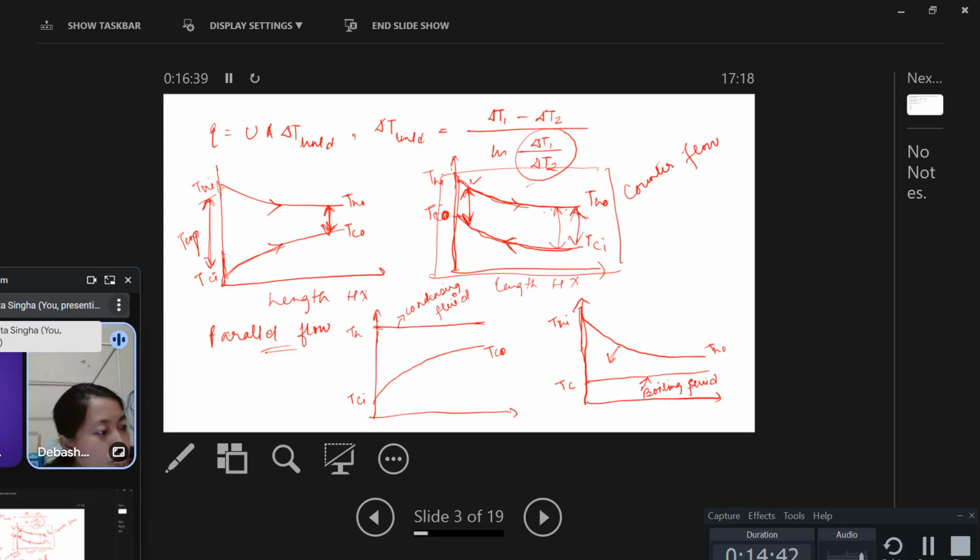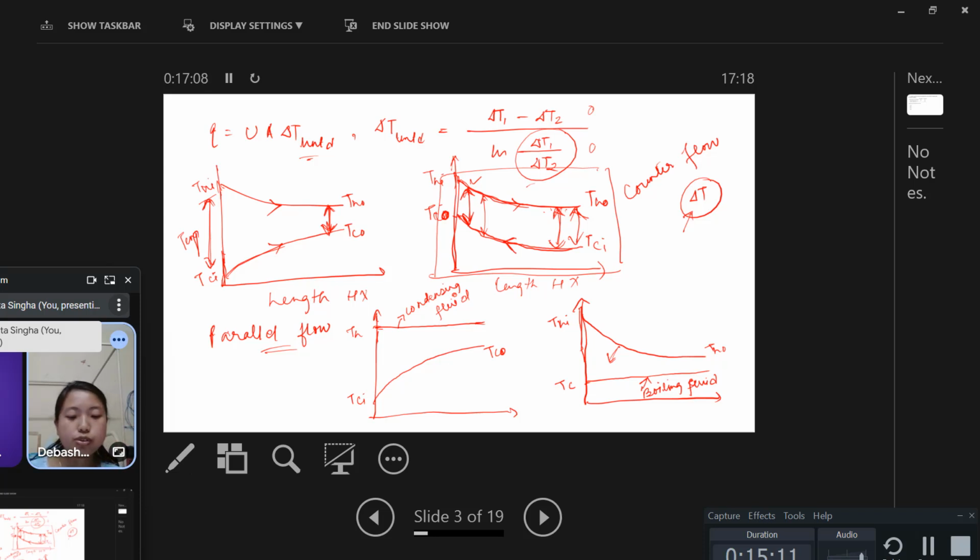Then there is no difference, it will become 0 by 0. So in that case we simply use delta T, the constant temperature difference between the graphs. Okay. Then